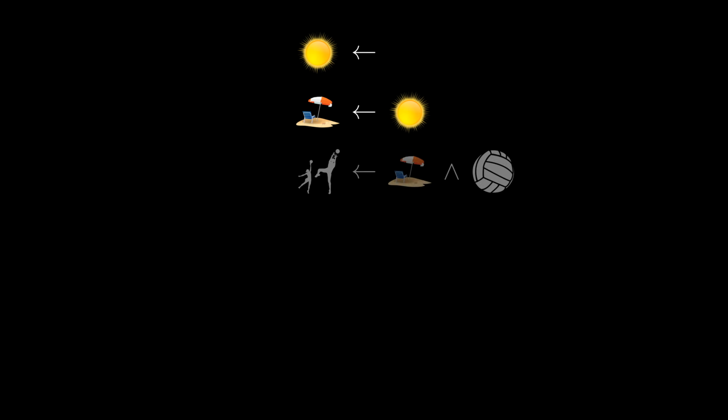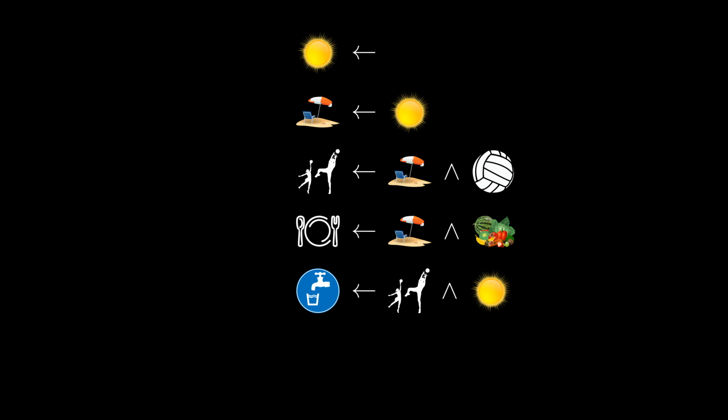First, we expect a lot of sun. Of course, if it is sunny, then we go to the beach. Once at the beach, if we have a beach ball, then we play beach volley, and that's amazing. Another option is to organize a picnic if we have food at the beach. If we play and it's sunny, then we'll make sure to drink a lot of water. Oh, and guess what? I just bought a beach ball for the occasion.